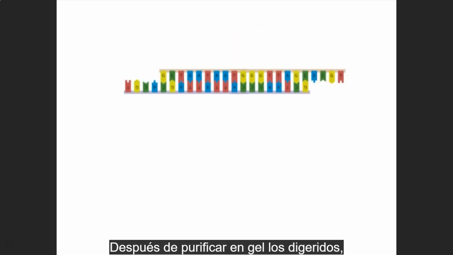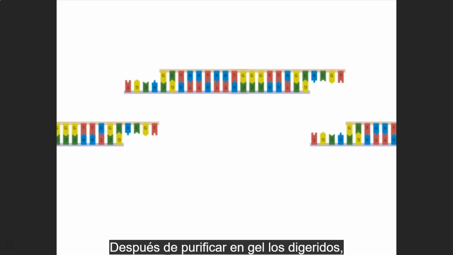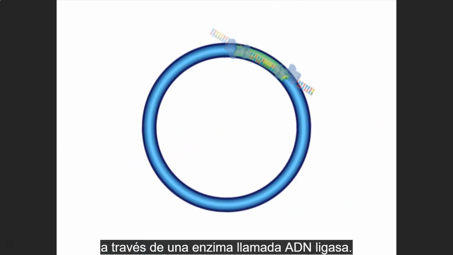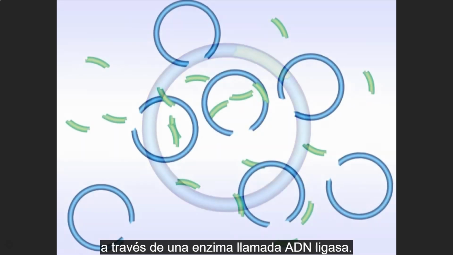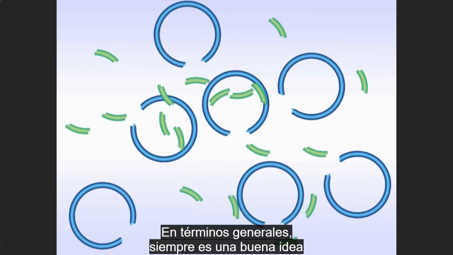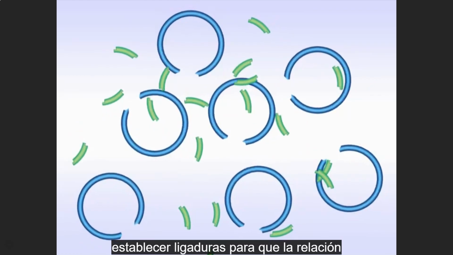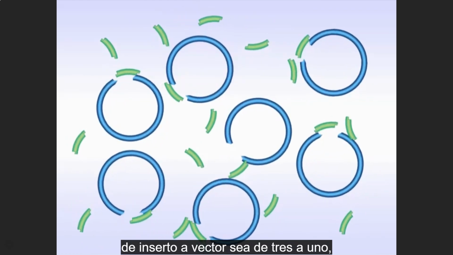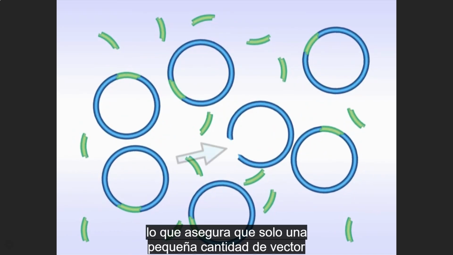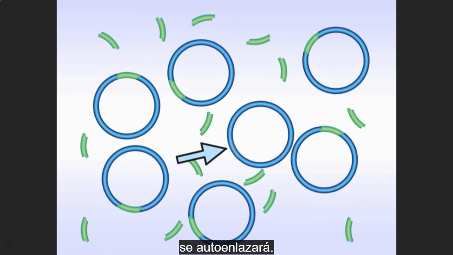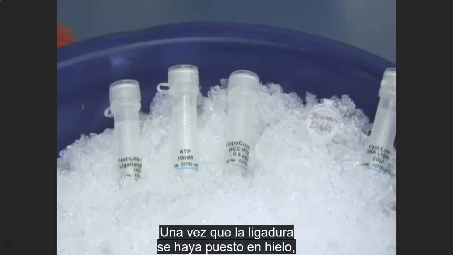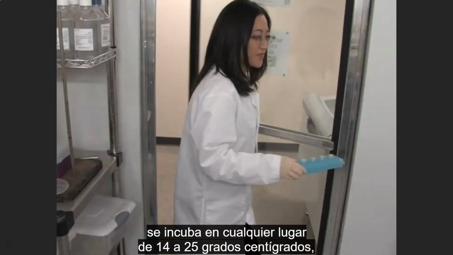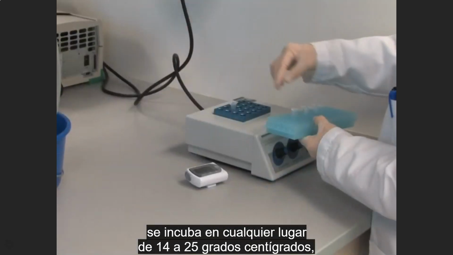After gel purifying the digests, the insert is ligated or joined to the plasmid via an enzyme called DNA ligase. Generally speaking, it is always a good idea to set up ligations so that the ratio of insert to vector is 3:1, which ensures that only a small amount of vector will self-ligate. Once the ligation has been set up on ice, it is incubated anywhere from 14 to 25 degrees Celsius from